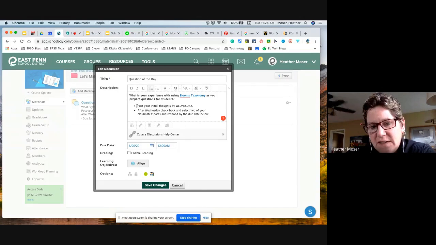Again, I want you to notice down here under the bullets, it's really important to explain to students what they should post and when. Often with online discussions, they can post a single answer to the discussion, but the power really is in students responding to students. So be very clear about telling them when they should put their initial post up and when they should respond, and to how many people. You'll notice here I said after Wednesday, check back and select 2 of your classmates' posts and respond by the